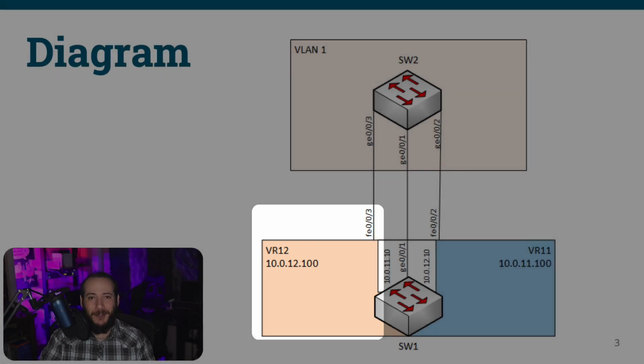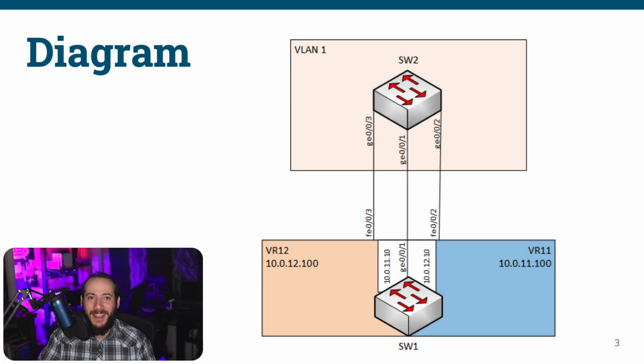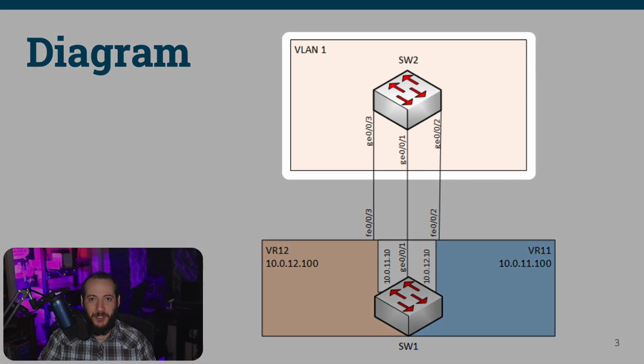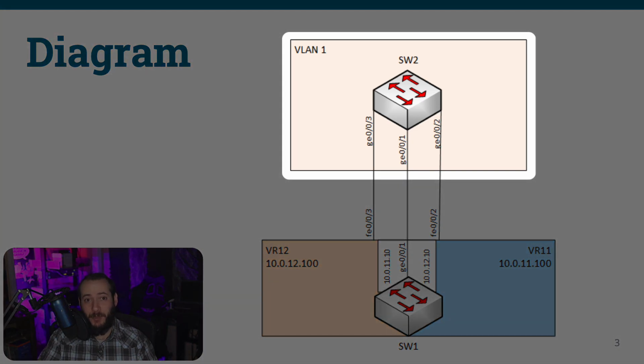This particular configuration is rather unusual in that the interfaces in all three instances are configured as routed interfaces with IP addresses in the same broadcast domain. Above, we have SW2 with these same interfaces connected to SW1. GE001 on SW2 is connected to 001 on SW1, 2 is connected to 2, and 3 is connected to 3. All three interfaces on SW2 are to be configured as switch ports in the same bridging domain, or VLAN, the